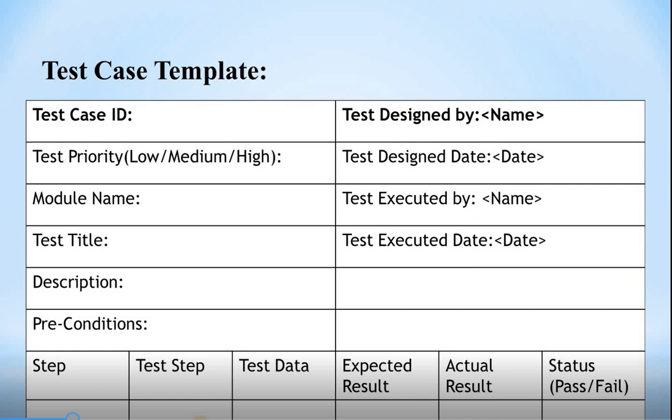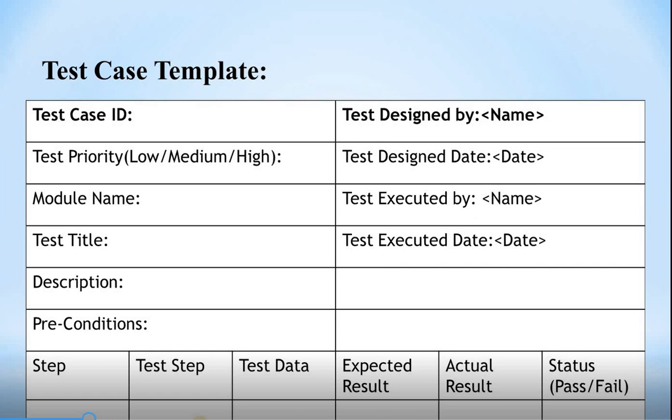Then test priority. Based on test case deepness, we should decide the priority of our particular test case, that is low, medium or high. Next, test designed date, the date on which the test was designed.